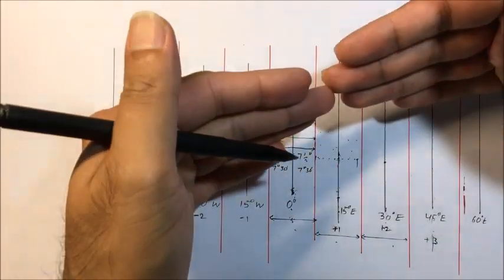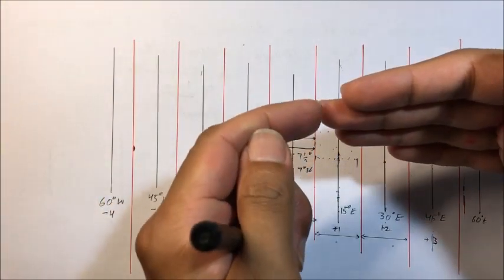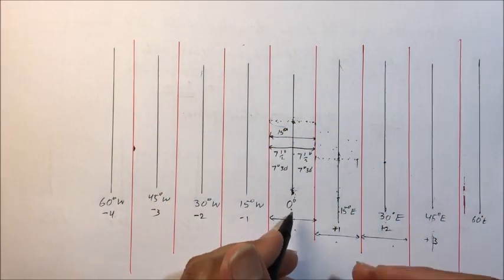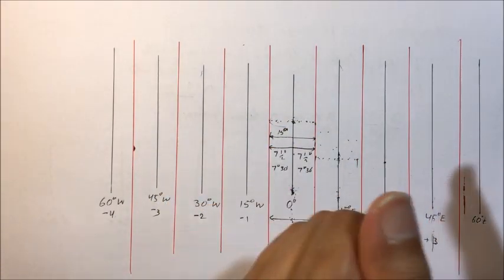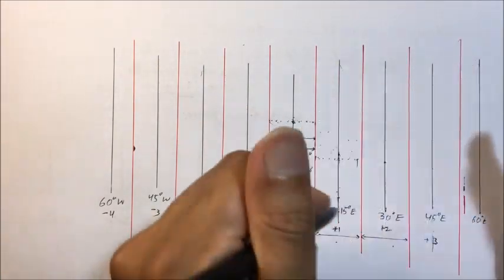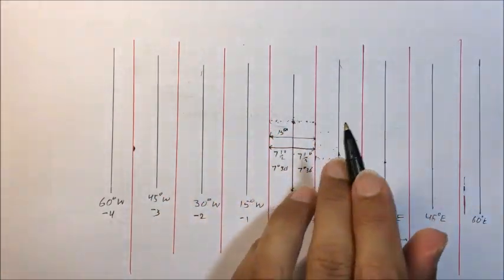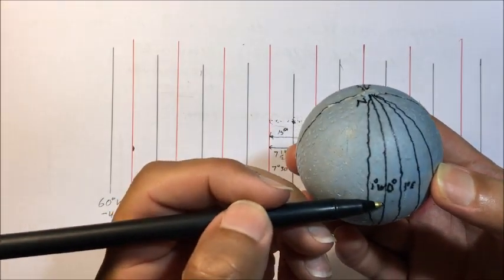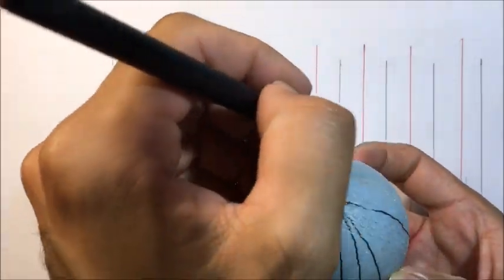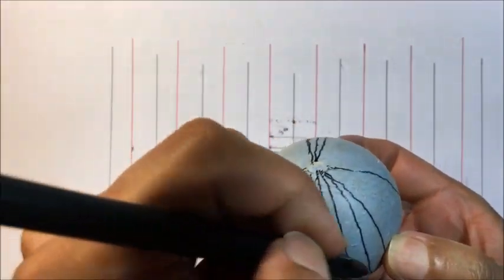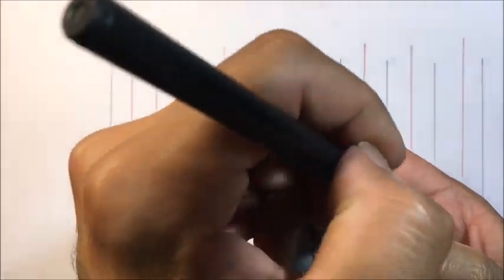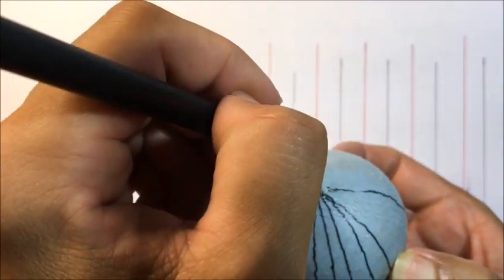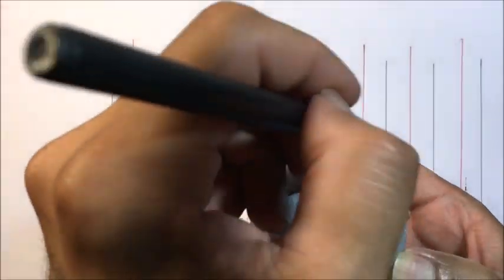So as we reach the international dateline, there will be a difference of 24 hours at that point. From 0 degree, as we are moving to the east side, we are increasing time by 1 hour for each 15 degrees. So as we move towards the international dateline, that is 180 degree east, we will be increasing by 1 hour for each 15 degrees. So there are 12 zones, 12 hours on this side. At 180 degree, it will be 12 hours ahead.